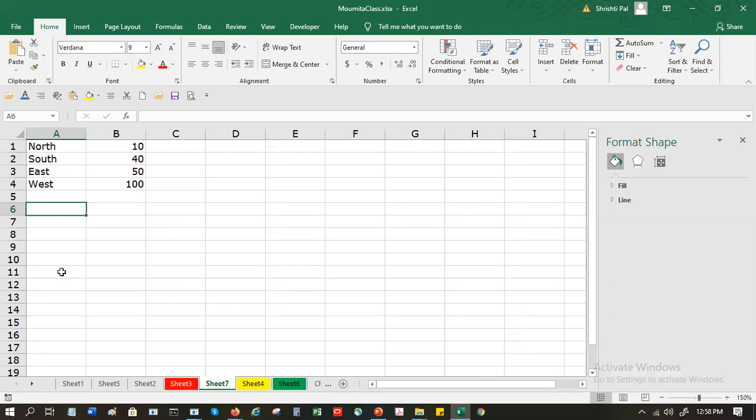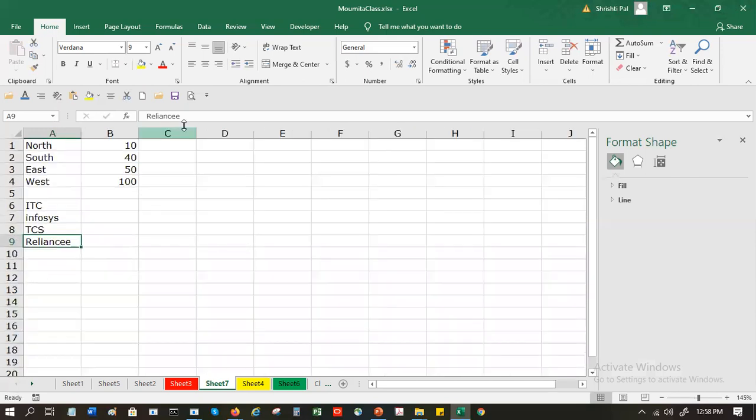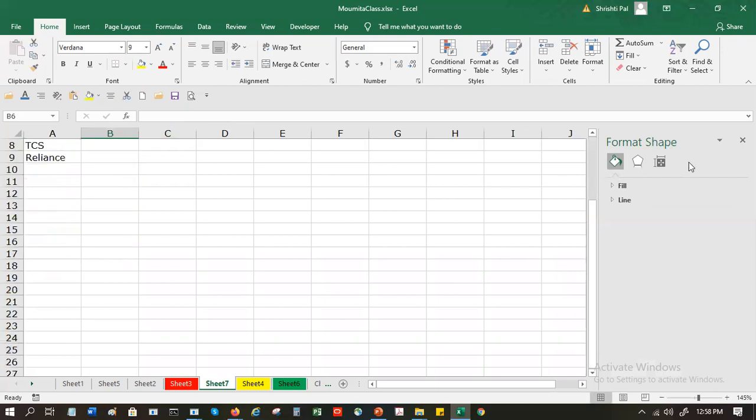Let's say I have certain stocks, let's say ITC, Infosys, TCS. কিছু কোম্পানিজদের ডেটা নিয়ে নিলাম, let's say it starts with some numbers, high, low.